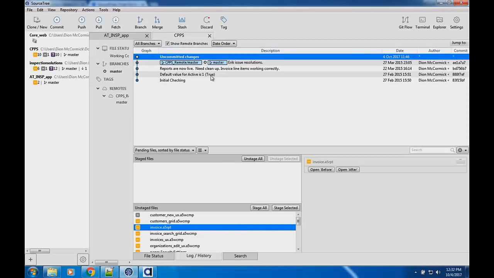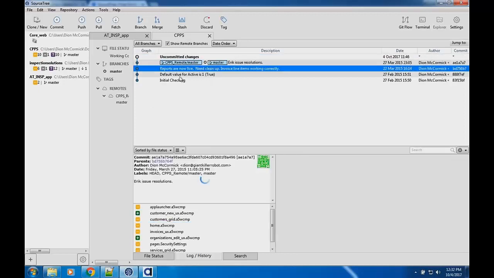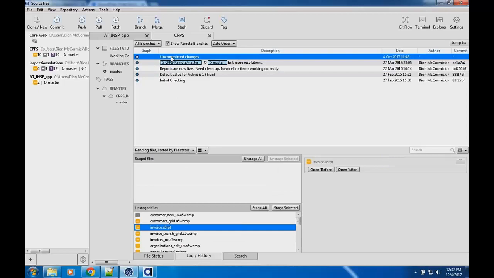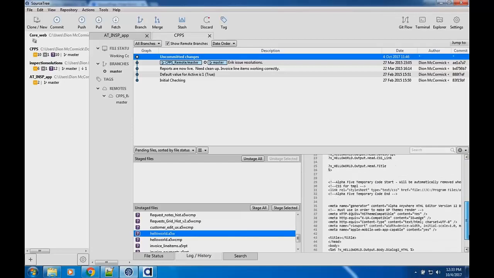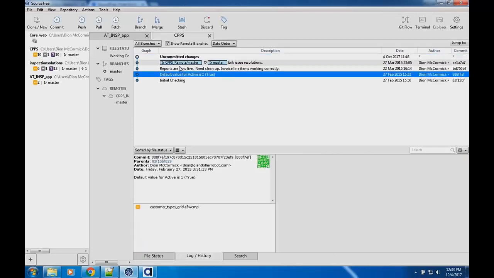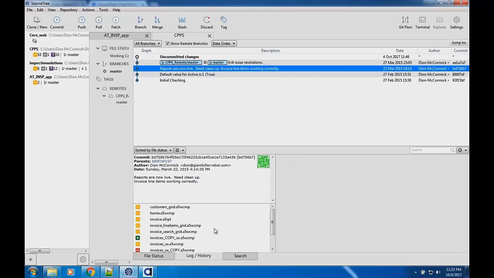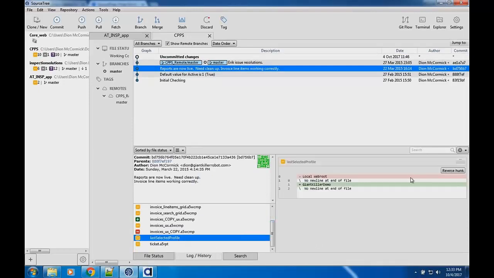And again, the graphical interface really makes your life easier because it gives you visual representations of what's being changed, who's changed it, when it changed, and those kinds of situations. And then you'll notice that for text files like this, over here to the right, I can see the text file that's going to be in there. Let me go to an old one here. That's a grid. Let's see if I can find an A5W page.